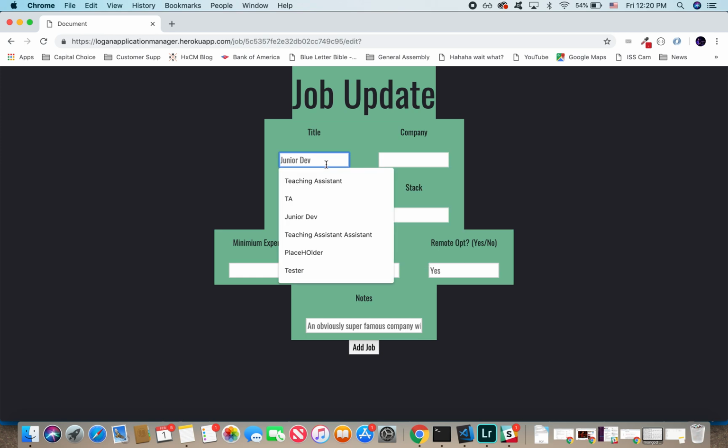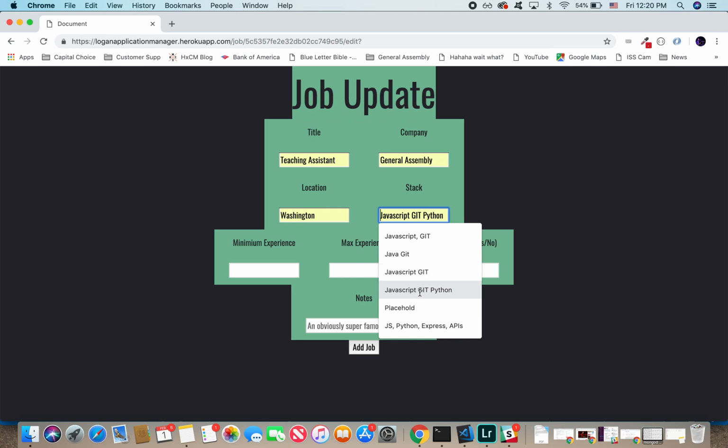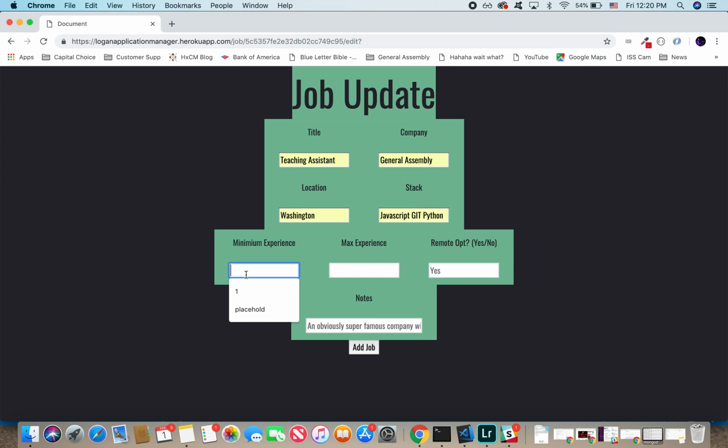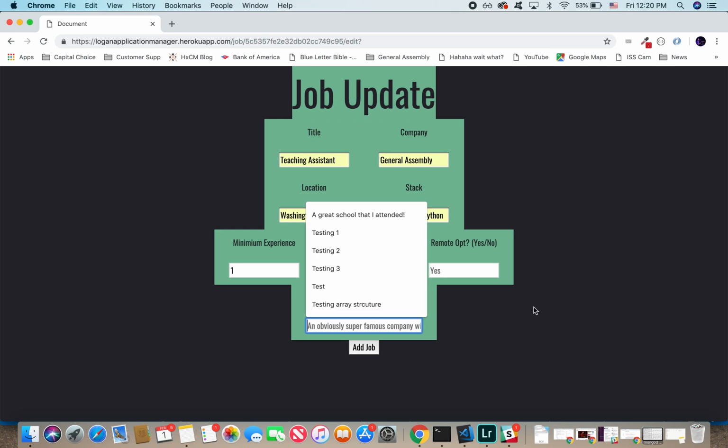functionality in here. Maybe you want to be a teaching assistant at General Assembly. This office is in Washington. We use all this stuff, but we'll be doing a lot of this. I have no teaching experience, but I'm gonna say that this box is designed for what the job requires of you, and for some folks they have minimal experience when they start teaching, but you don't have to have a lot to be helpful. I'm gonna say